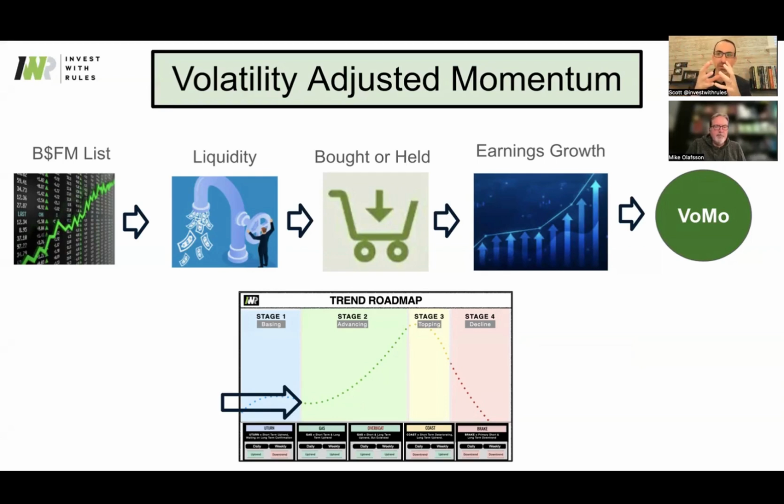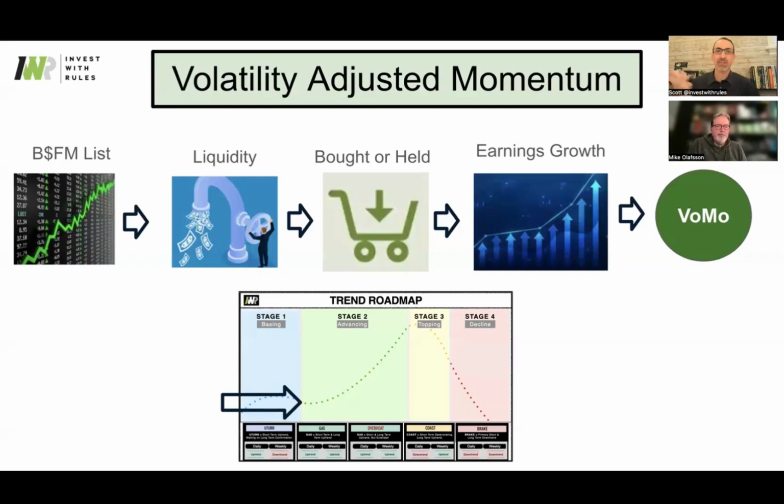We want earnings growth that is consistent and large. Then we're looking for this VOMO, which then lets us rank. That's the ranking methodology. And then finally, we bring it through to our trend roadmap, which is saying the timing. We can buy stage ones at kind of half positions if one so wanted to. We're really going after these stage two advancing phases. So we're going through this massive funnel, and that gets us to where we want to own the cream of the crop at the best possible, optimal time.